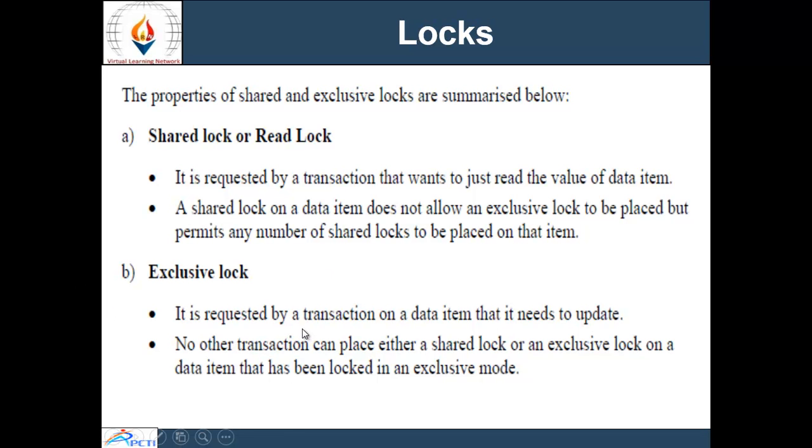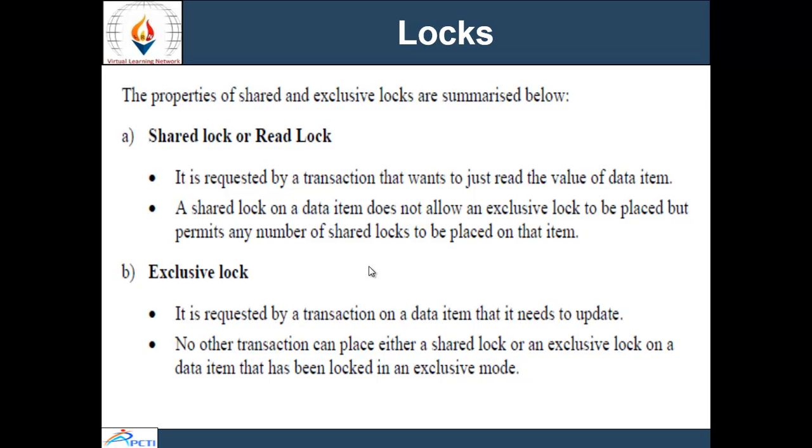Now, there are different types of lock, that is shared lock or read lock, and the second one is exclusive lock. Shared lock is acquired when a transaction wants to just read the value of the data item. A shared lock on a data item does not allow an exclusive lock to be placed, but it permits any number of shared locks.